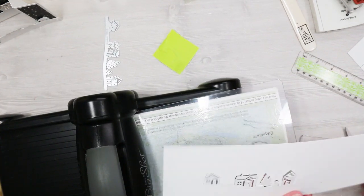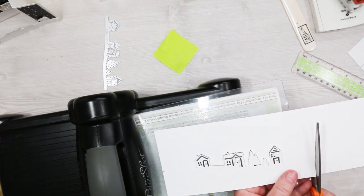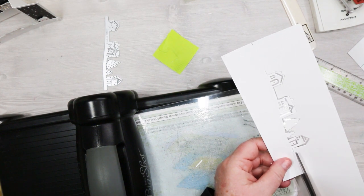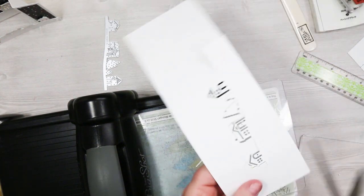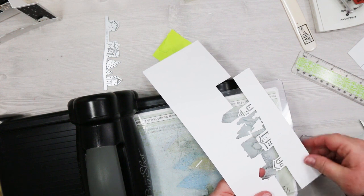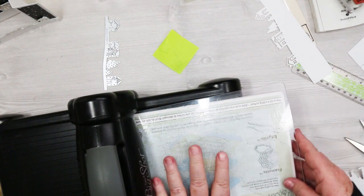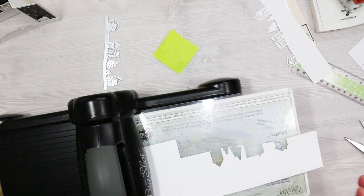So before I cut out the church, I want to remove this piece because I don't want it damaged. So I'm going to cut up here, and then I'm going to turn, and I'm going to line up the cut with the cut in the die. And I'm going to do the same thing from this end, and you've got a little bit of a sweep going on with that little hill, and remove that. And so make sure your surface is clean, because the little pieces from all the little windows kind of pop up there. And then we are going to take the church,